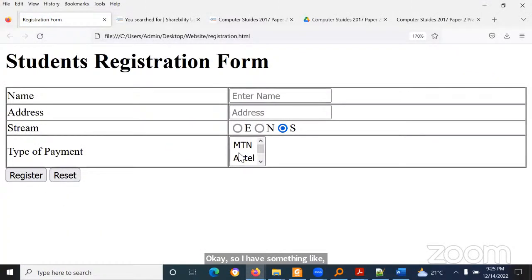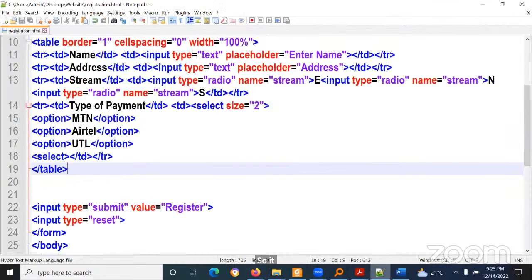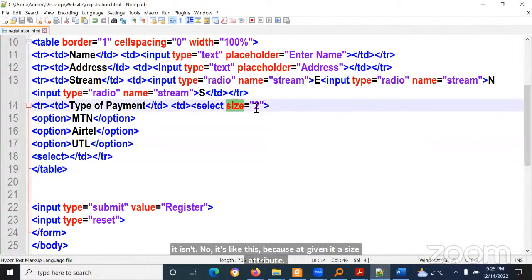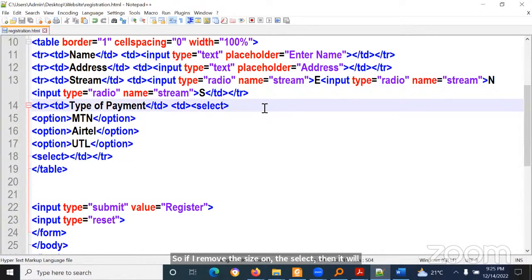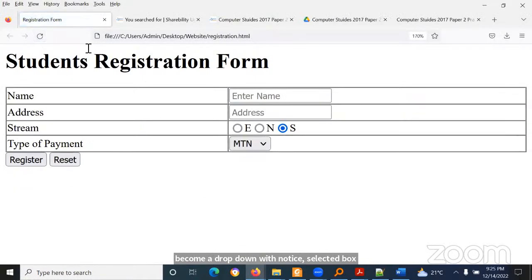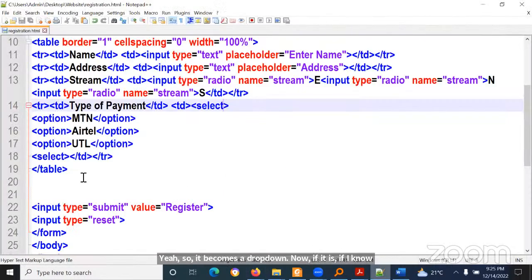So the reason why it's like this is because I had given it a size attribute. So if I remove the size on the select, then it will become a drop down, not a select box. Yeah, so it becomes a drop down now, if I remove the size attribute on the select element. Okay, then I have